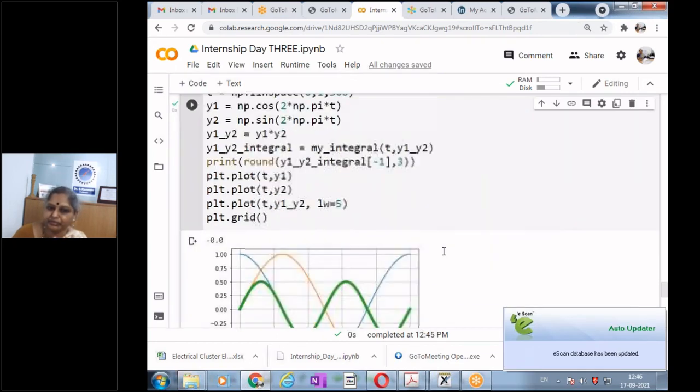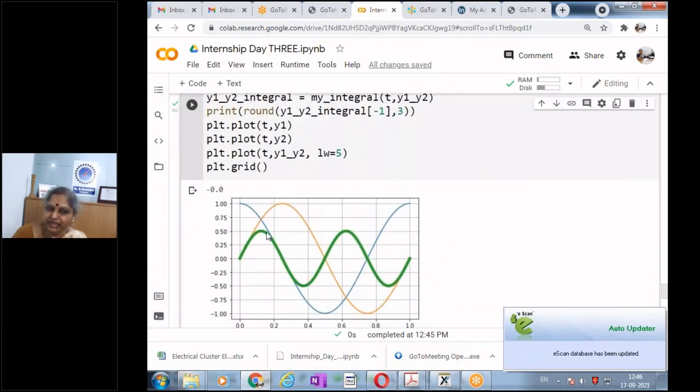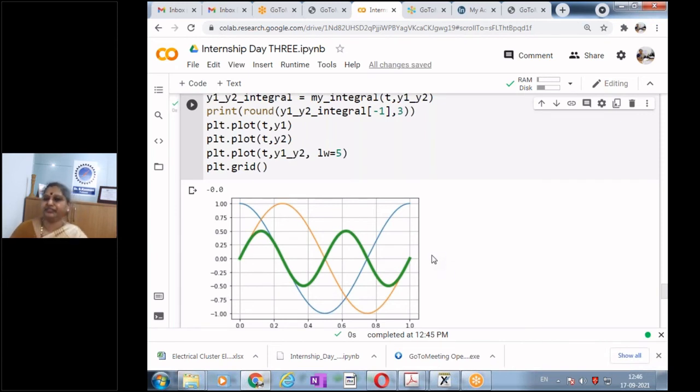What does it mean? This is my sine, this is my cos, this is the product, and when I do the area under the curve, it is 0. So what does it mean? Recollect the theory that we had discussed. I am integrating the product of two functions and the area is 0. What does it mean? The two signals